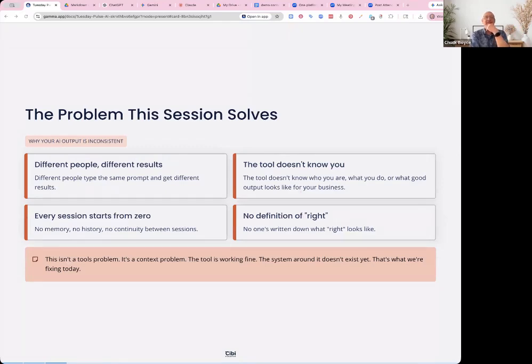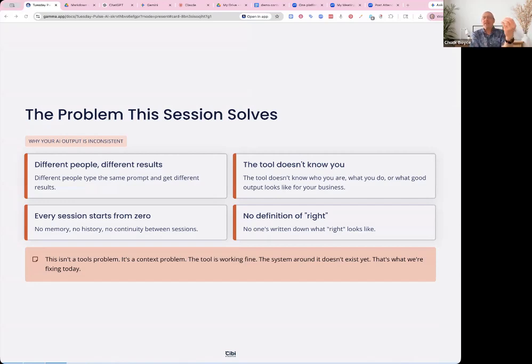Different people, different results. Two people who use the same AI for the exact same task will get different results because of how it's worded. Even just changing the wording and putting one verb in front of a noun can change the entire context.